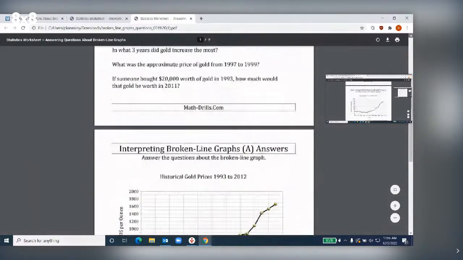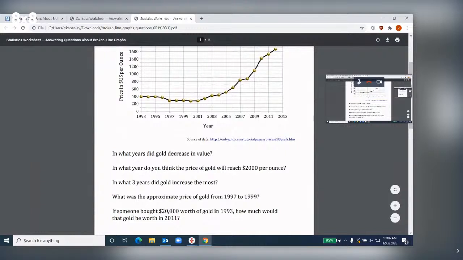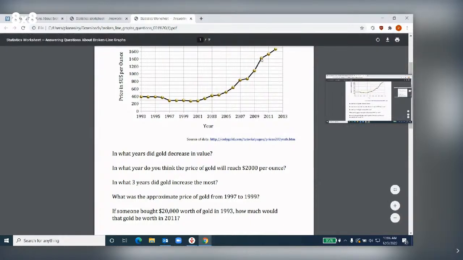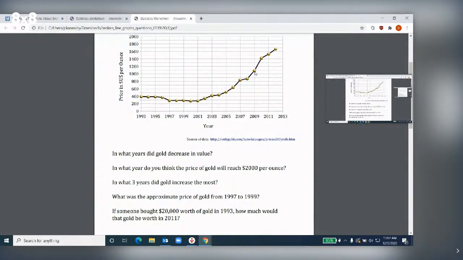So the next question, you guys, it asks, in what 3 years did gold increase the most? So you're going to compare two dots, and you're going to see where on this axis here, the y-axis, where the biggest jump was. So you're going to see right here from 2009 to 2011, it went up from $1,000 to almost $1,350. So that's almost $350 in that 1 year. So that year, you're going to say from 2009 to 2011, it definitely went up. And then also this year right here from 2008 up until 2009, there was a big jump. And see the other one. You're going to say probably from 2006 to 2007, it jumped from 650 almost up to